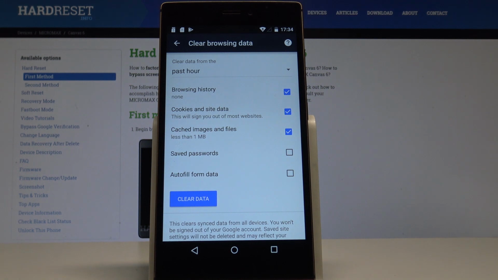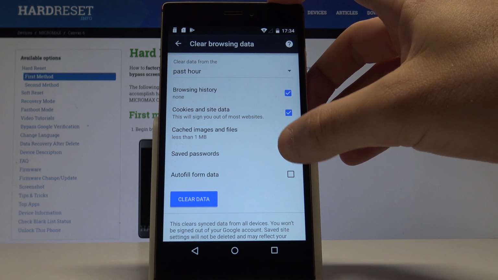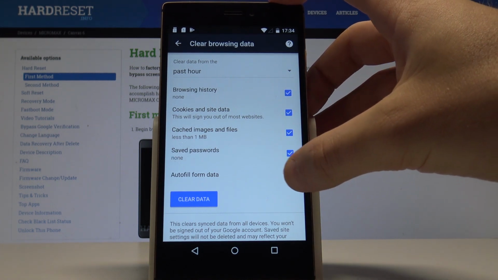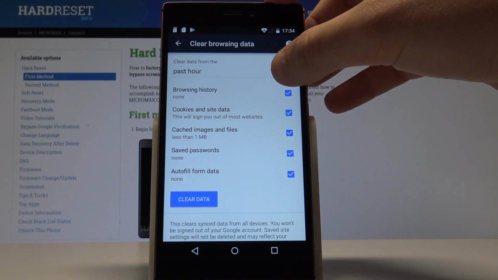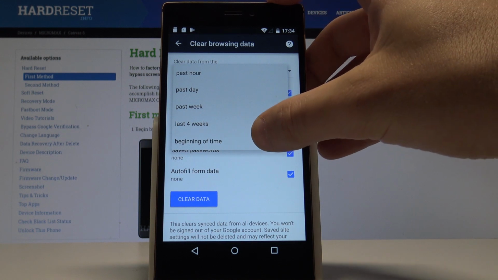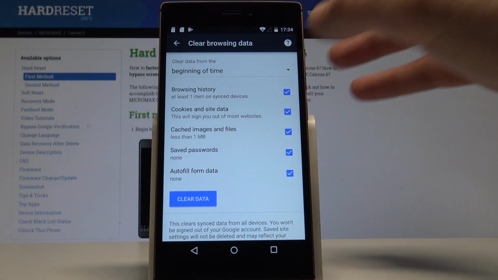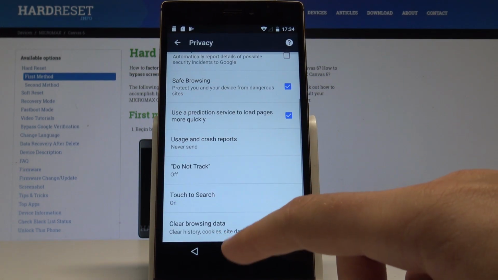As you can see here, you can clear browsing history, cookies and site data, cached image and files, save passwords and autofill form data, and you can clear data from exact range of time. It could be from last hour, last day, or for example from all time, so let's choose beginning of the time. If you would like to clear those data, let's tap Clear Data. And that's it,